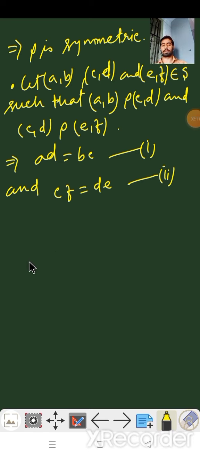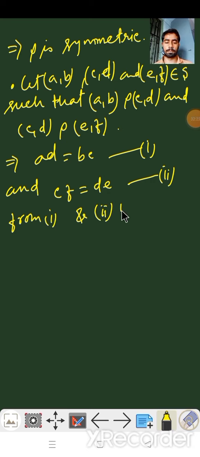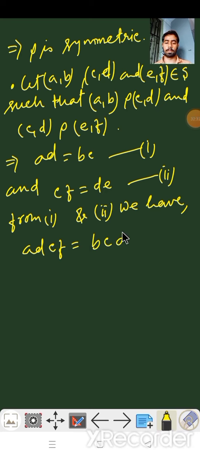Multiplying the left hand sides of both equations and the right hand sides simultaneously, from 1 and 2 we have AD CF equals BC DE,